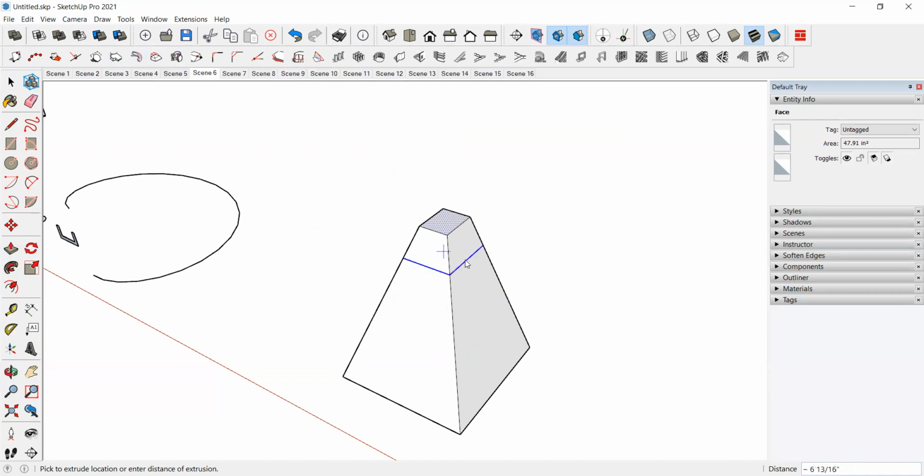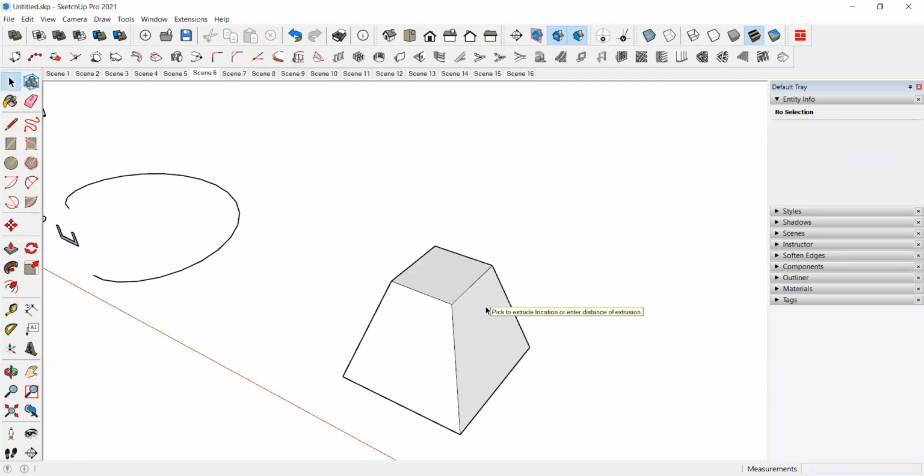Minus it will go. So it is the zero value. See, when you go cursor down, it will show minus, and cursor will go up, it will show plus value. Okay, I want 1 feet down, 1 feet, enter. Okay, it will take down into 1 feet.